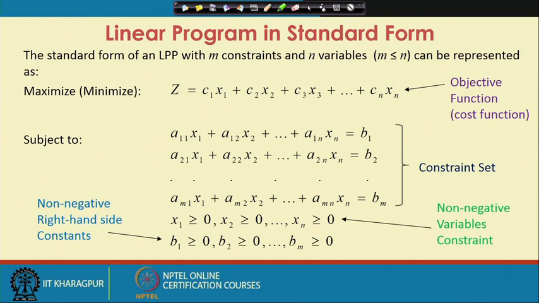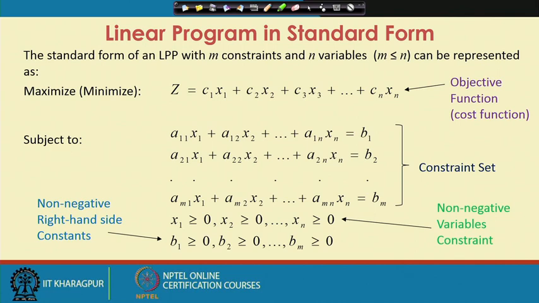Actually, you have seen objective functions such as z equal to 600 x 1 plus 300 x 2. So, 600, 300 were the costs associated with the fertilizer problems. So, c 1 equal to 600, c 2 equal to 300, so on and so forth. So, the objective function is written as a linear function of decision variables. So, objective function is also known as cost function.